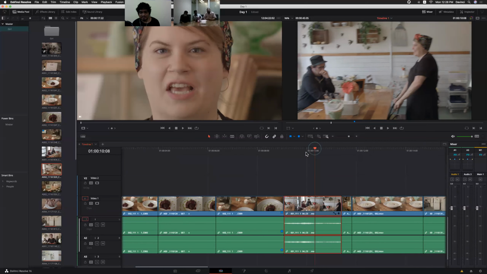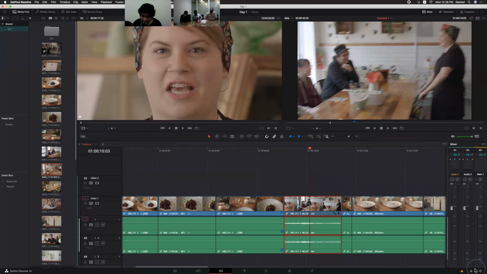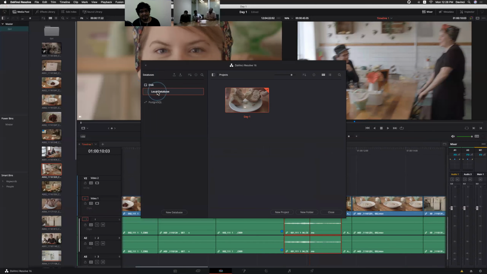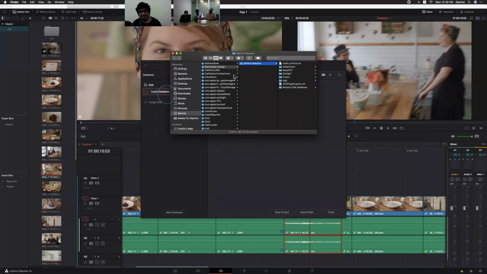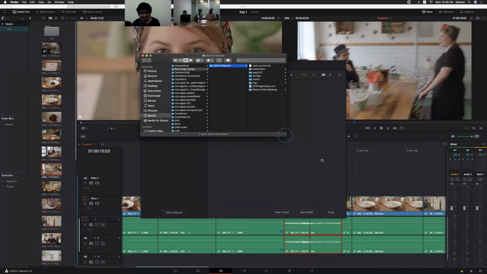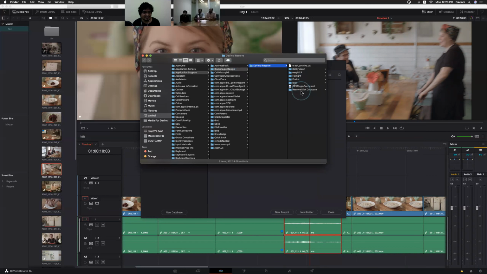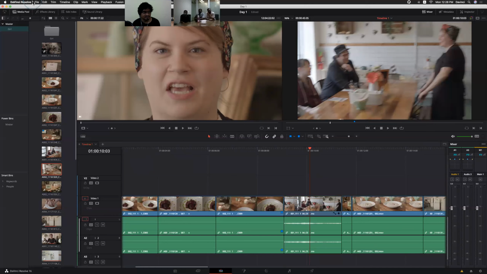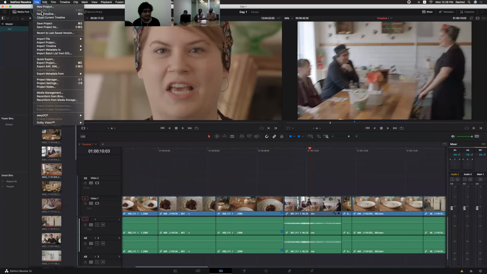Yeah, the location of the project is, by default, saved into the local hard disk, right? Here you are seeing everything, your projects and everything. But if you want to send only your project, you can export the project only. Export the project. It is not like exporting the timeline. We are not rendering the timeline. We are just exporting it.